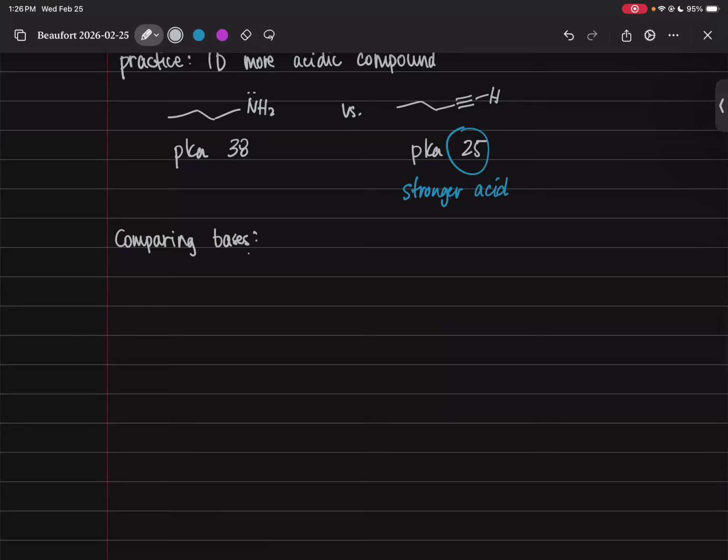Okay, so you might think that for comparing bases, we need a table of pKb values, B for bases, and that does exist. You can look one up, but they're pretty useless because you can get all that information from a pKa chart, and so you just need one set of numbers to deal with. So how do we compare 2 different bases? First, we want to